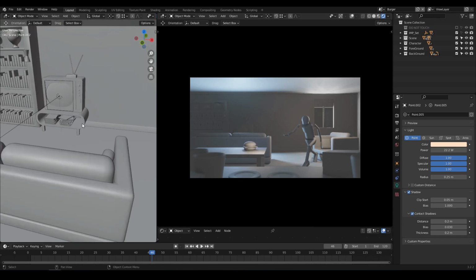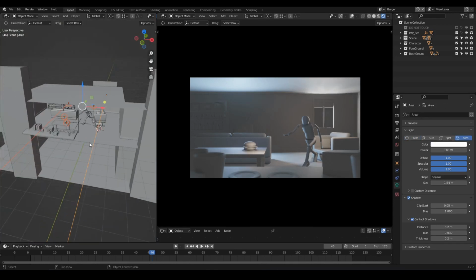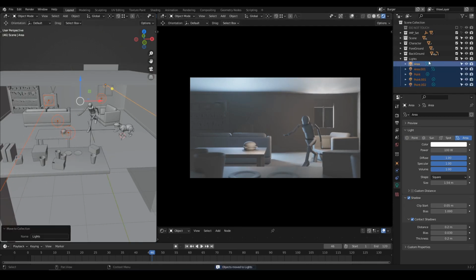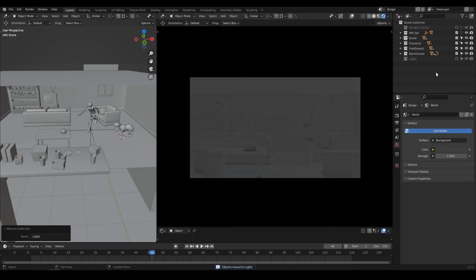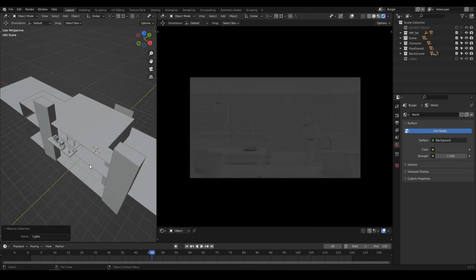So what I'm gonna do first is just tidy up a bit my scene. I'm gonna move all my objects into one collection and then the lights into another, which I'm gonna deactivate. Okay. And now we're gonna set the settings for the world, which is kinda simulating the lighting from the environment,